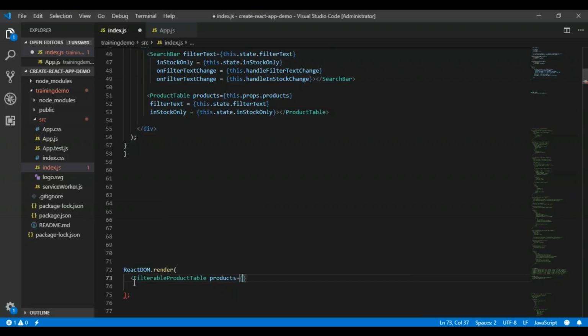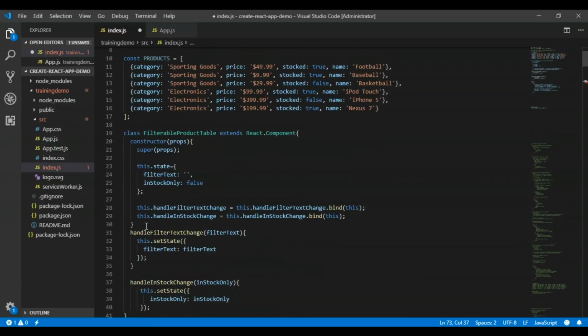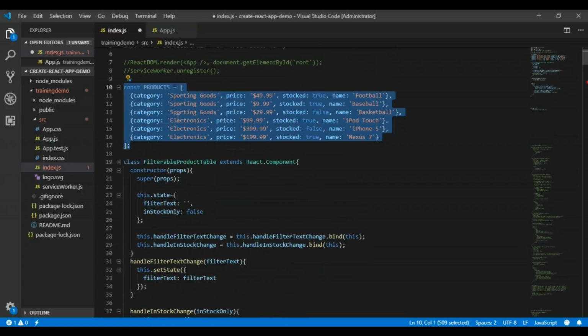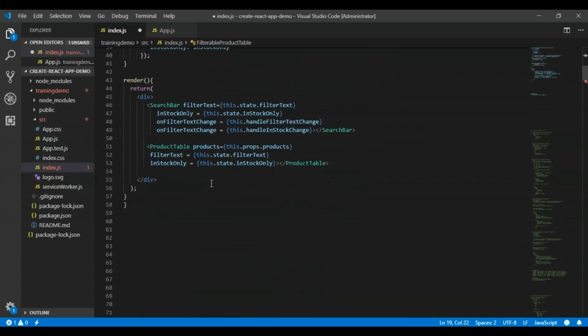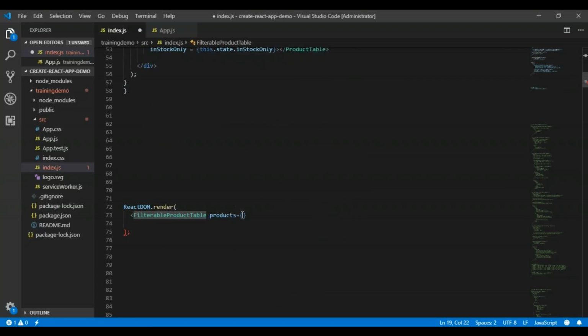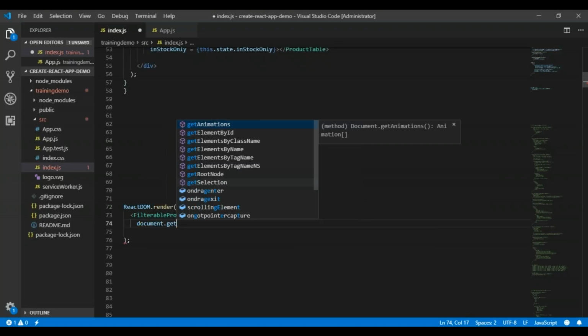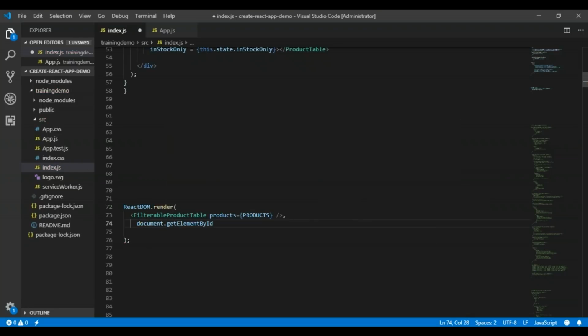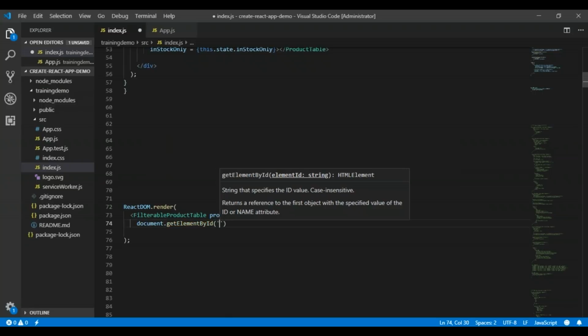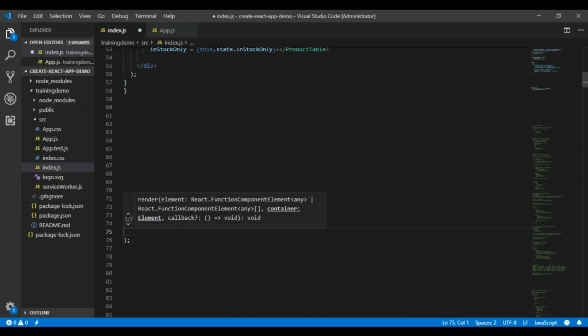What is my prop? Now the prop is the values, the JSON data which I have already defined. My prop value will be equal to products. So I will say ReactDOM.render, prop value products equal to products. I have to close this first, and in fact I can close it with a closing tag, and then I will say document.getElementById, the ID where I want to render my output.